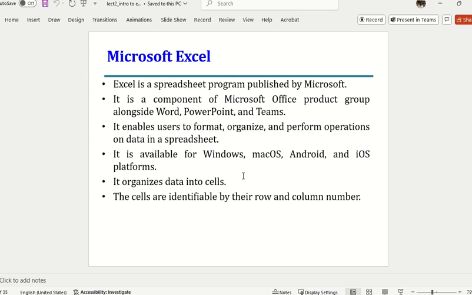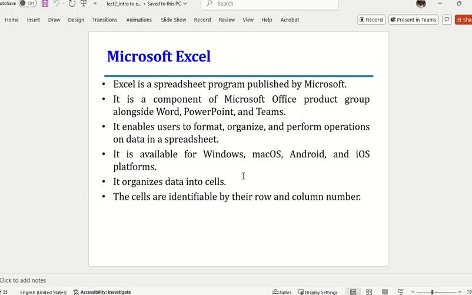Excel is part of the Microsoft package. All of you would know that. What other programs do we use from Microsoft? PowerPoint, Word. What else? If you have to send me a message, you will use Teams. If you have to send me an email, Outlook. So all of them are part of Microsoft, and there are others as well which we don't use. There are tools for designing websites, and tools for data analysis, and so on and so forth. But anyways, we are focusing on